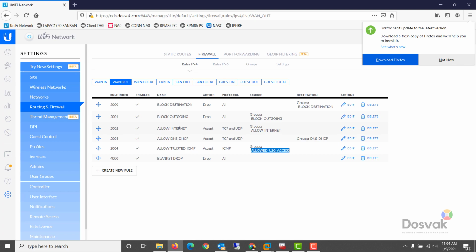Because let's say a rogue wireless device is somehow able to hack into your Wi-Fi network, but being in a guest network, not being able to go out, they pretty much cannot do anything. Even though they are connected in, they cannot go out to the internet, they cannot connect to any other machine, so they are totally isolated and blocked. So this is a way where we selectively allow our internet devices.